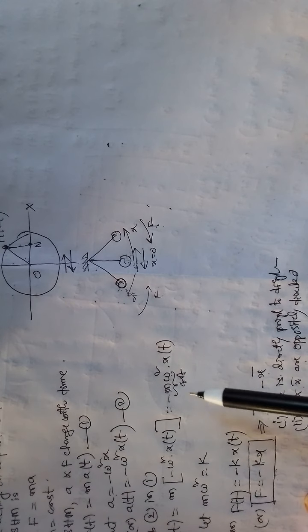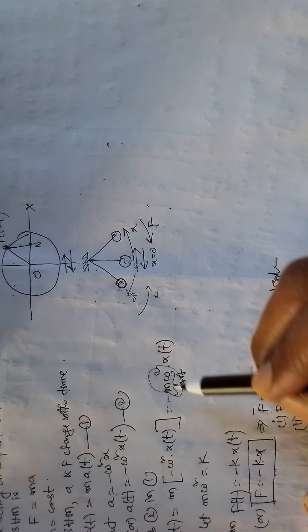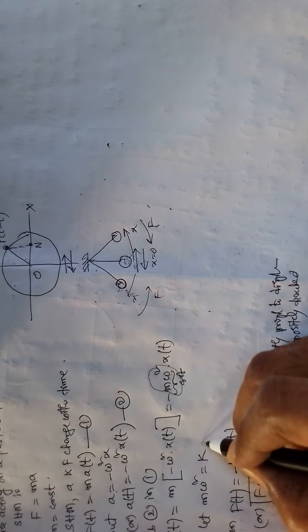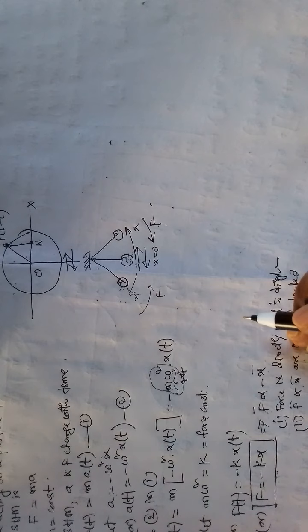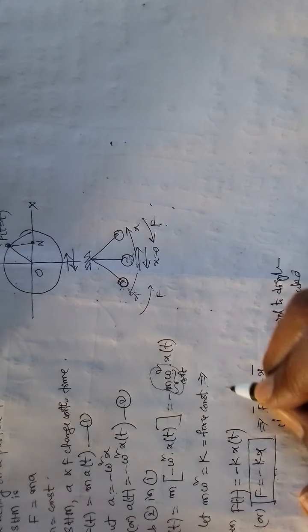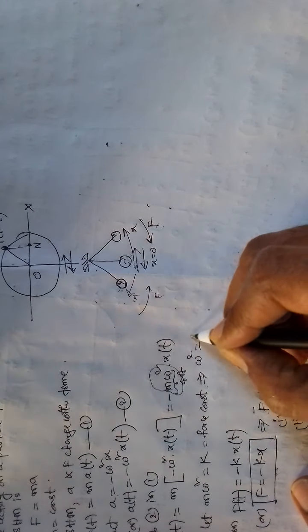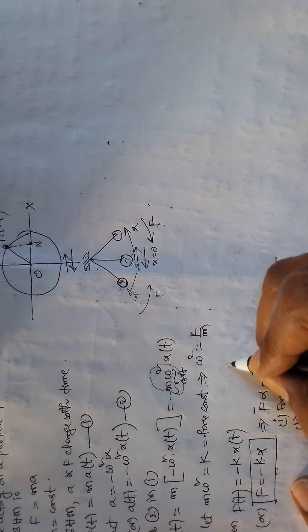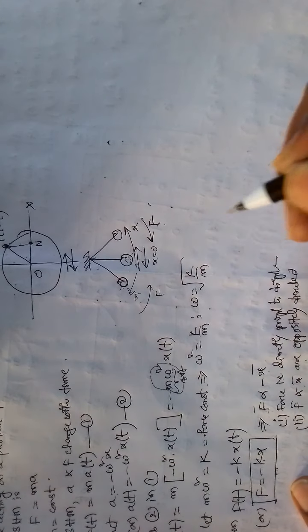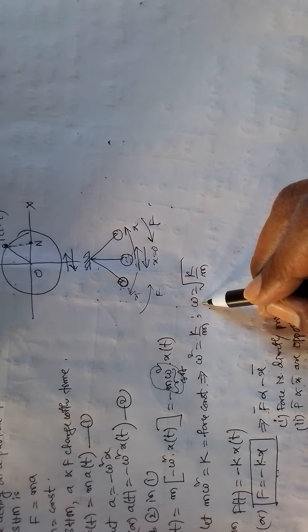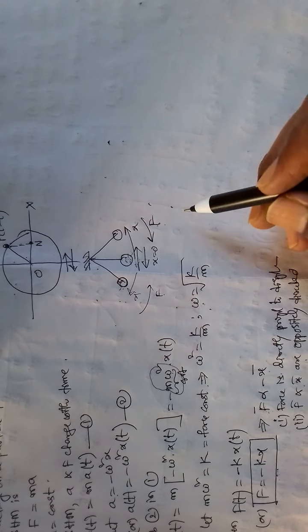Now here m is a constant, omega is a constant, therefore this was taken as a constant, and that is represented by k, and this k is called the force constant. Now from this, you can make omega the subject. Omega square is equal to k by m, or omega is equal to root of k by m. But what is omega? Angular speed. Angular speed means angular displacement by time.